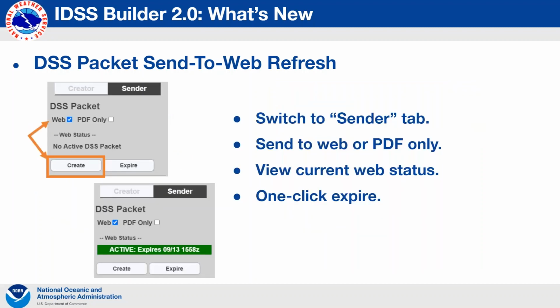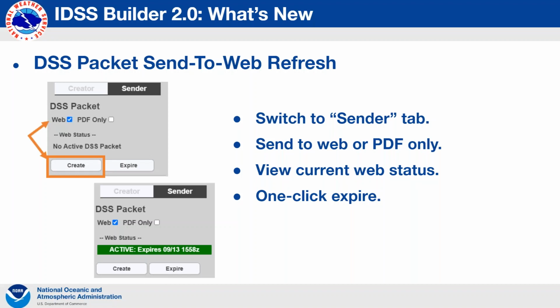So once your briefing hits CMS, the web status section in the sidebar will update and display the expiration time of your packet. It will not update until the briefing has arrived on the web, so that's one way to know that it did reach CMS. So if you want to expire a briefing early, you can also just hit expire. You'll get the standard "Are you sure?" prompt, but this is an easy method to do some basic content management